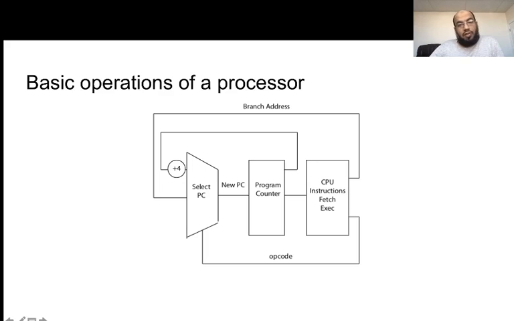The processor is a very simple device that basically has a program counter, okay, which points to a line in the memory that you fetch, you run, and you go and fetch a new program line. So what you're doing here is that you have a program counter that points to somewhere in the